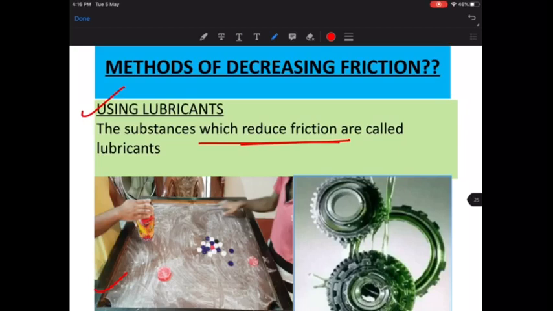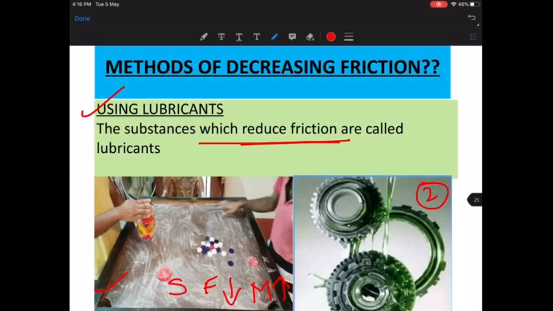So what happens? That powder actually makes the surface very smooth, and when the surface is smooth, the friction is going to be less. And the friction is going to be less, so the movement of our striker or the movement of our coins is going to be very smooth, very high. Okay, so that's why, what are we doing by sprinkling powder? We are reducing the friction. What are we doing by applying the oil in this case? In the case of machines, by applying the oil, by greasing the machines, we are reducing the friction.